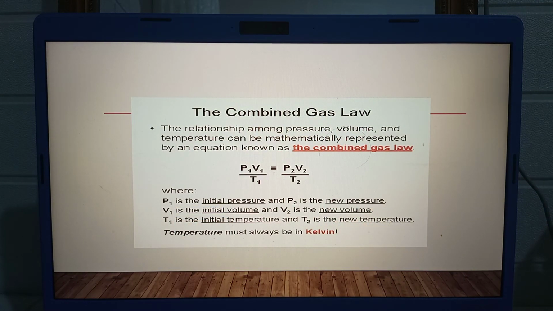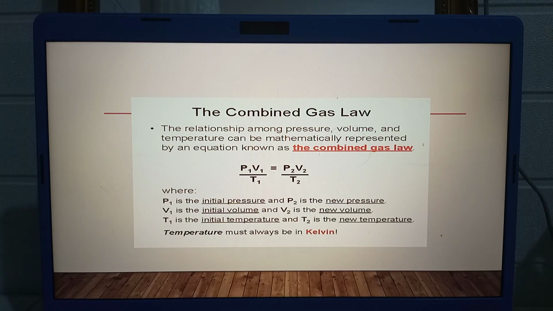The combined gas law. The relationship among pressure, volume, and temperature can be mathematically represented by an equation known as the combined gas law. Here's the formula of the combined gas law: pressure 1 multiplied by volume 1 divided by temperature 1 is equal to pressure 2 multiplied by volume 2 over temperature 2,